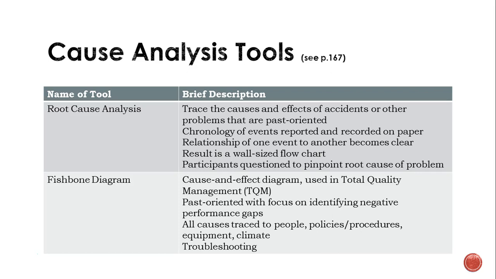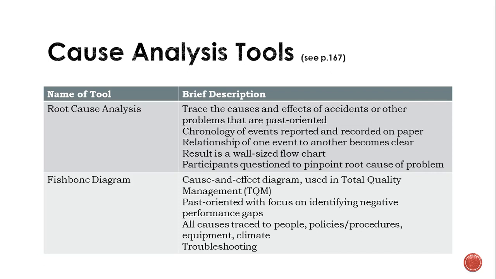Basically what this can do is trace the causes and effects of accidents or other problems that are past oriented, and this just really helps you understand the relationship of one event to another, helps that become very clear. You can also have participants being questioned just to pinpoint what they think may be some of the root causes of the problem. Another tool is the fishbone diagram, just a cause and effect diagram used in total quality